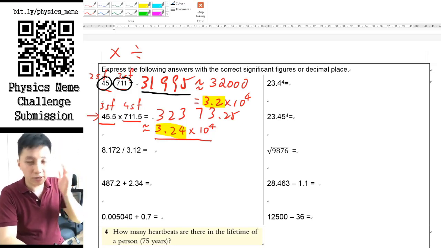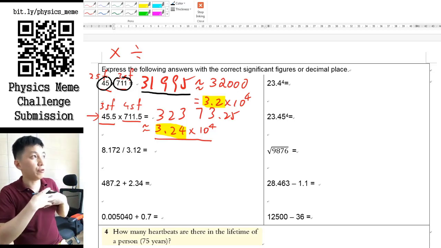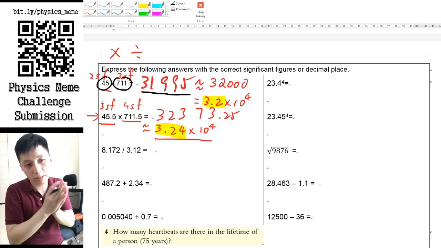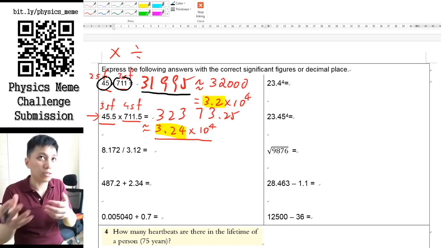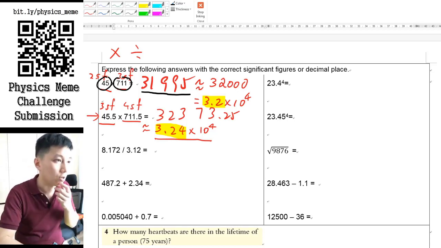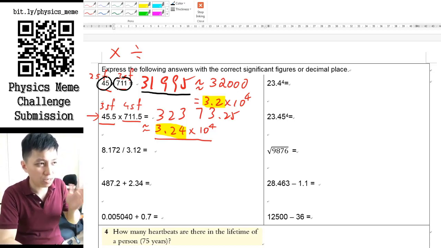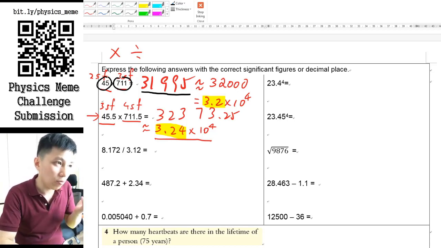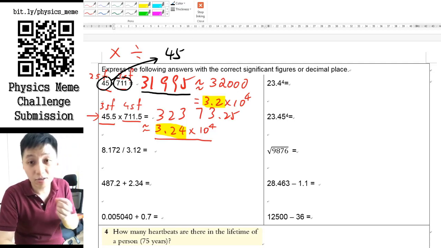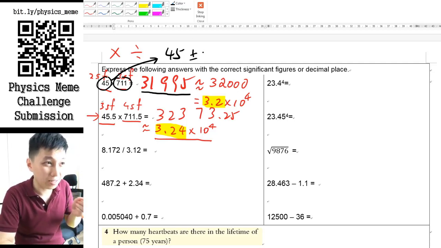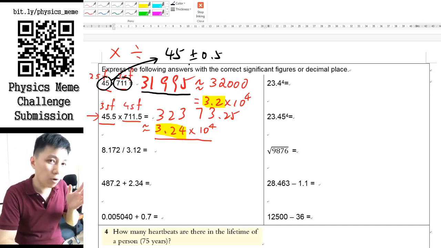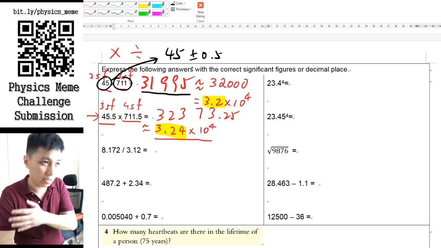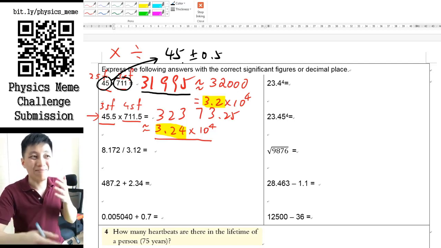And so when you look at a certain number in physics, remember we are dealing with physical world problems. So all the numbers, well not all, but most of the parameters that you get, you should assume are obtained from an experiment. So say you somehow measure 45 and somehow measure 711, and you want to calculate something, then when you measure 45, it actually means that it is plus or minus 0.5 probably, or even plus or minus 1. So I'm trying to show you the worst case, because when you say 45, actually it might be